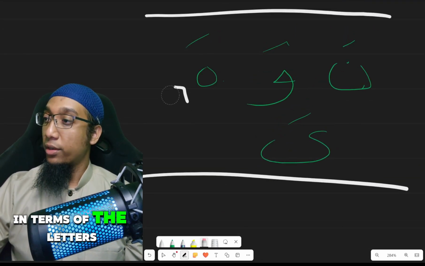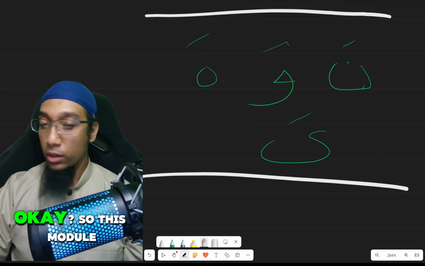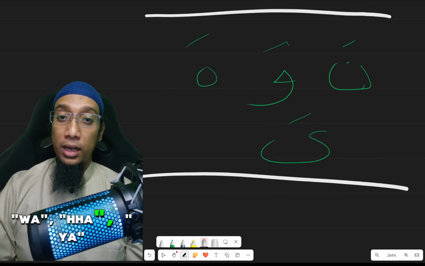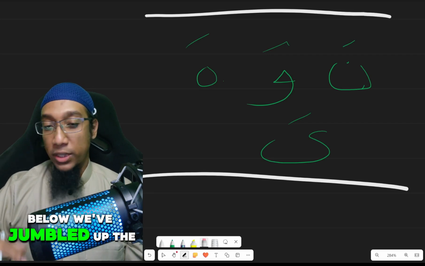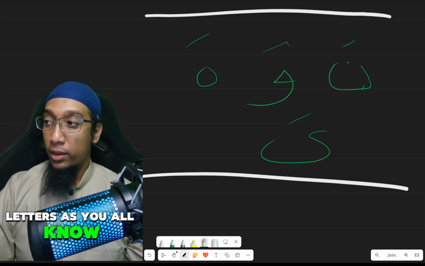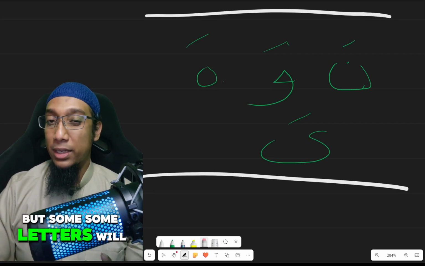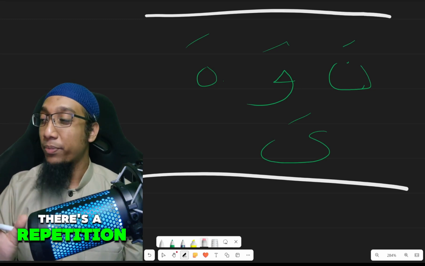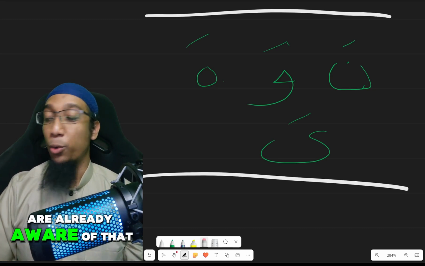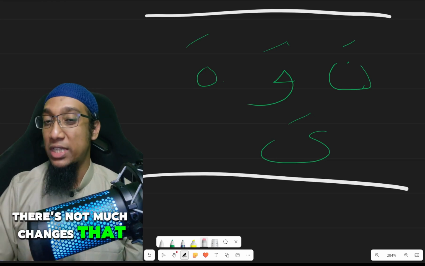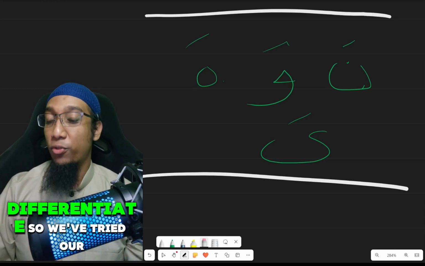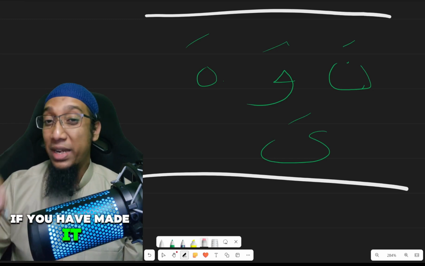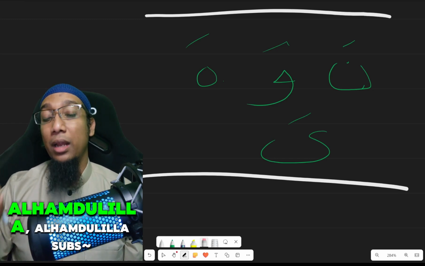So this module is very simple. Na, wa, ha, ya. Below we've jumbled up the letters, as you all know, but with some letters, some forms, when we jumble up, there's a repetition, and I'm sure you guys are already aware of that. There's not much change that we can make to differentiate. So we've tried our best, and inshallah, if you have made it this far, alhamdulillah,